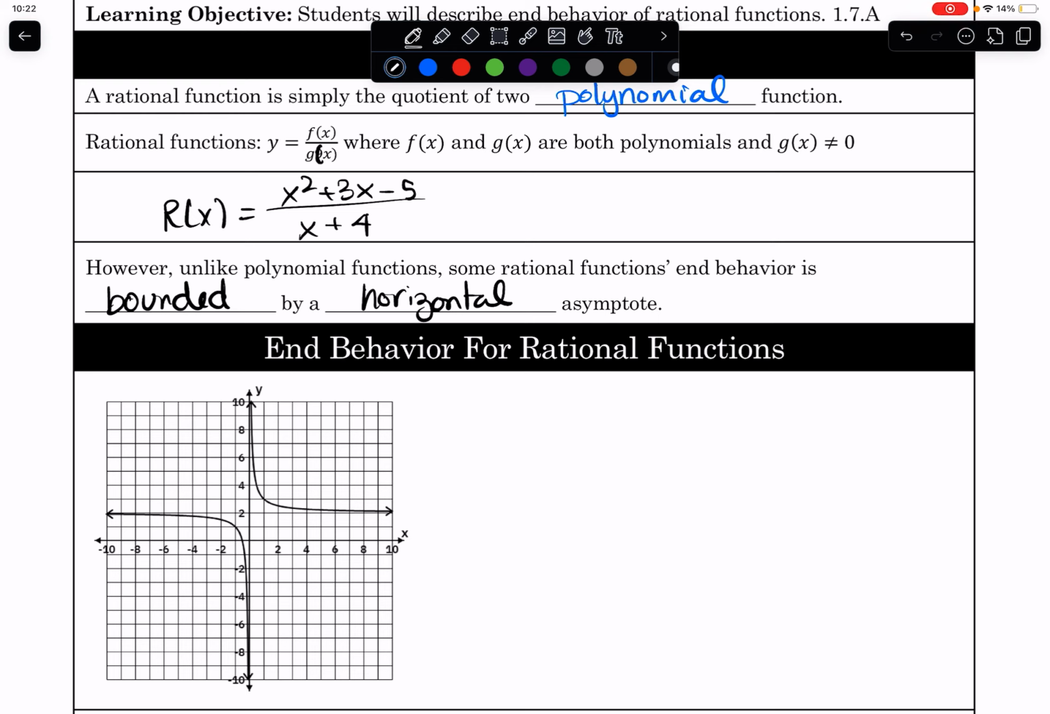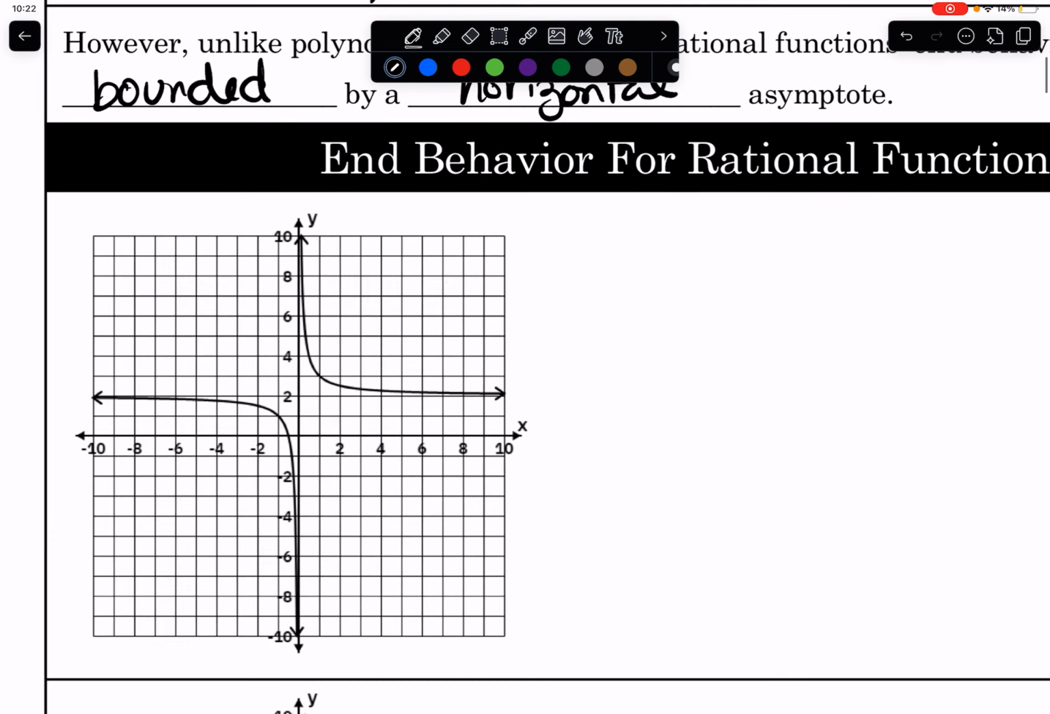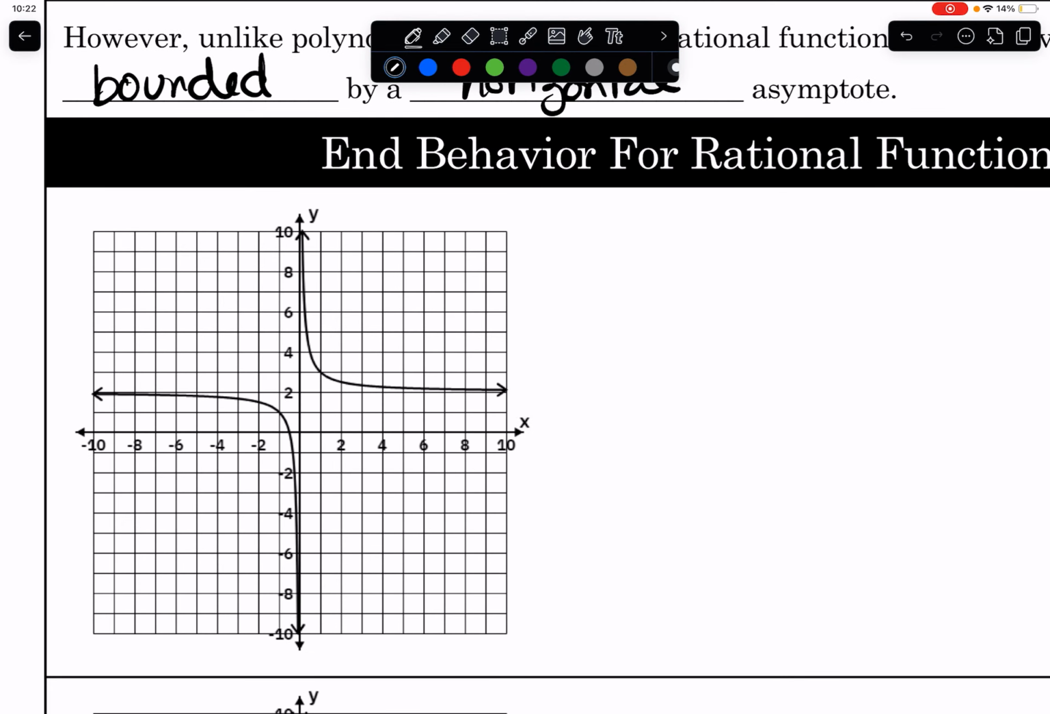Take, for example, this graph right here. This graph is the graph of a rational function. We'll call this r of x. So r of x is shown. This is the name of our rational function. Let's describe what the end behavior of a rational function is. We'll first do it using arrow notation. So first let's look at what's happening to the y values on the very far left. Well, it's rational